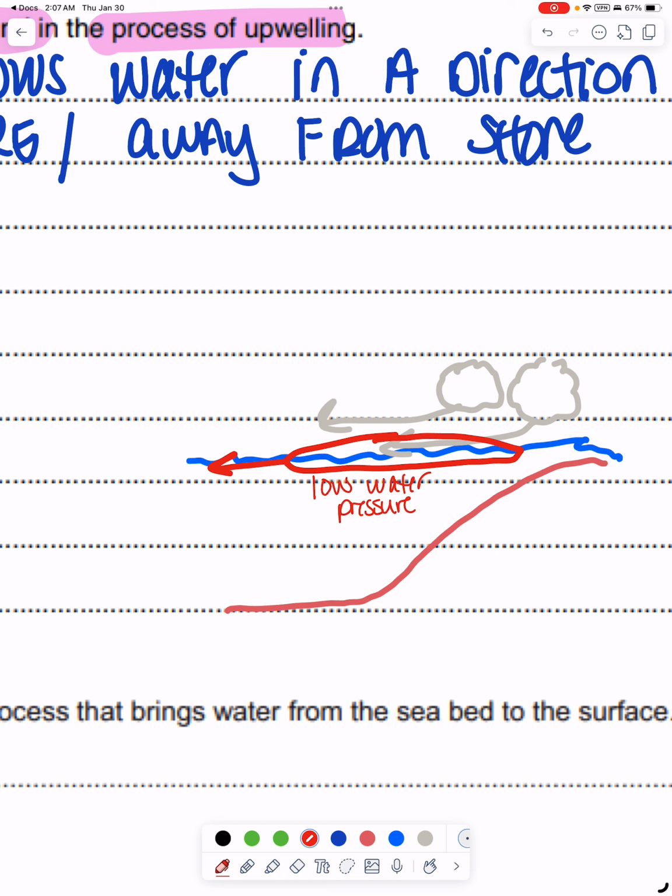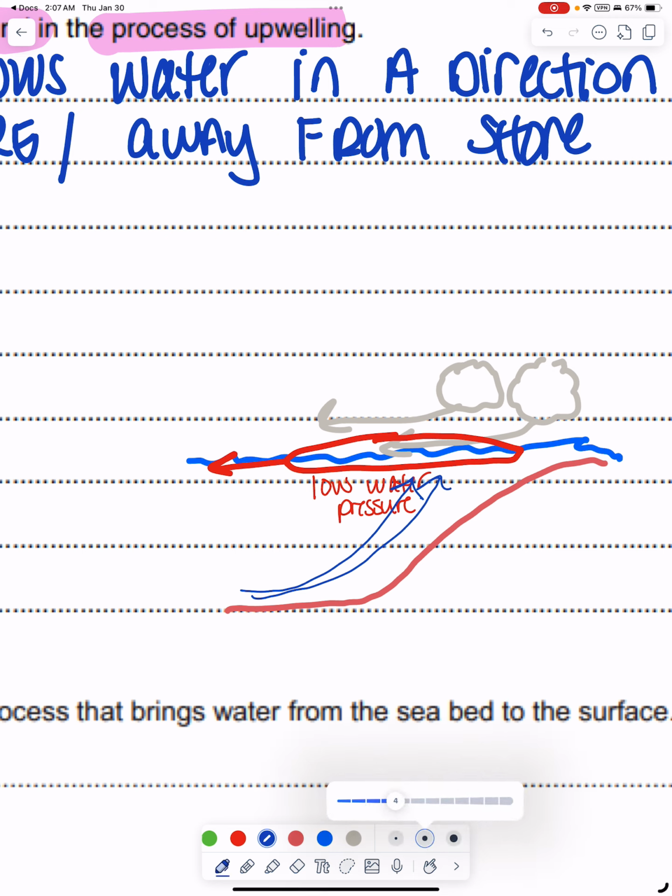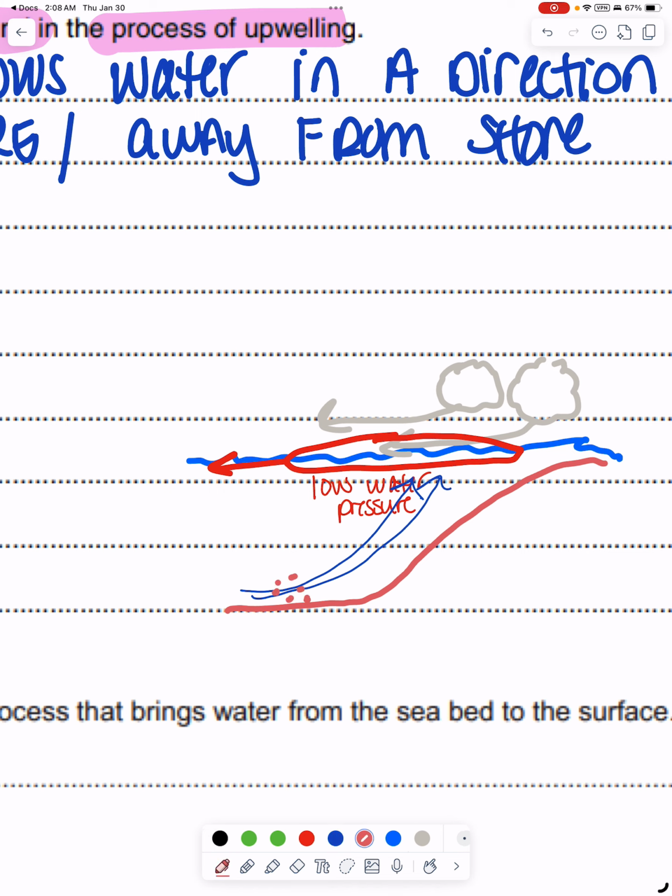And things in nature don't like when there is any sort of gradient, any sort of difference. So that pressure gradient is a problem, and water needs to take its place. And so we're going to have water moving from the seabed. That's the only place it's going to come. And in addition, it's not just water that's moving up. It's also going to be nutrients that have sunk to the bottom. Because nutrients have mass. This could be detritus, fecal material,